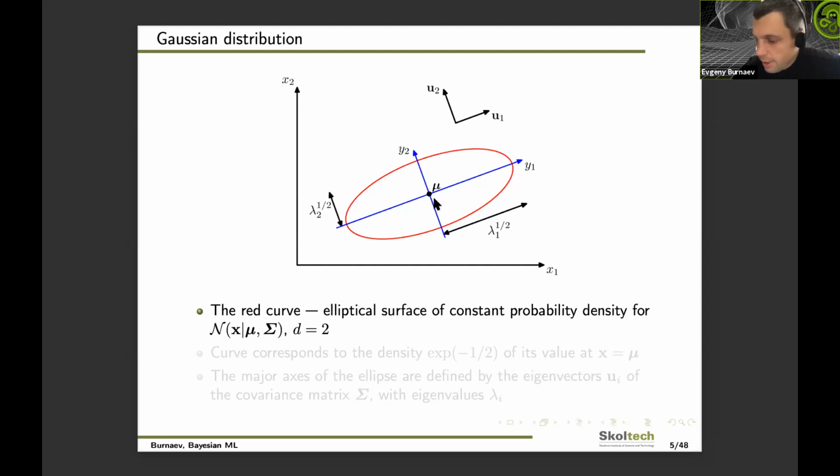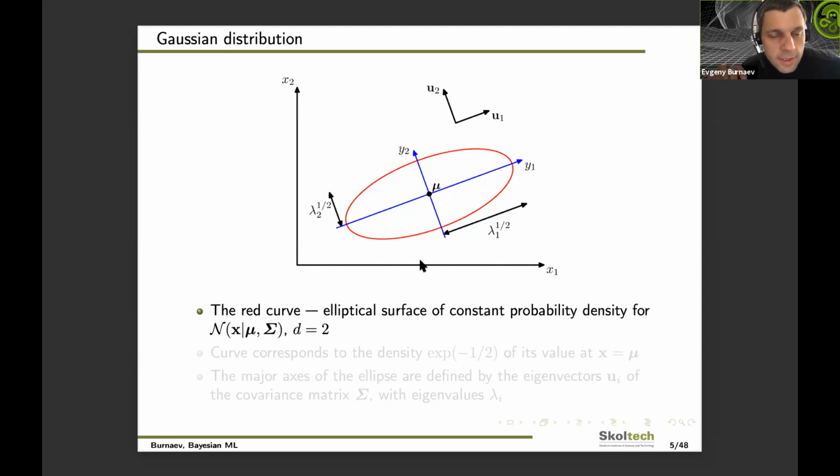If we calculate eigenvectors and eigenvalues, then the typical size of the contour lines of the distribution,